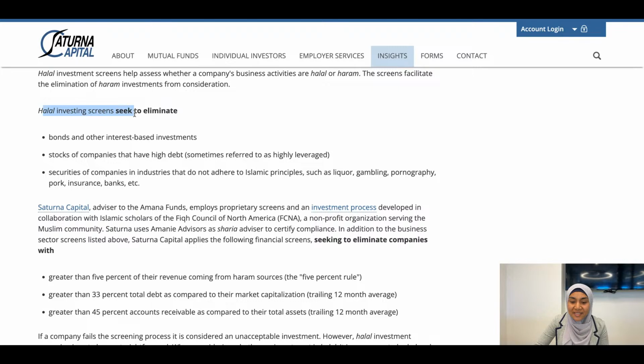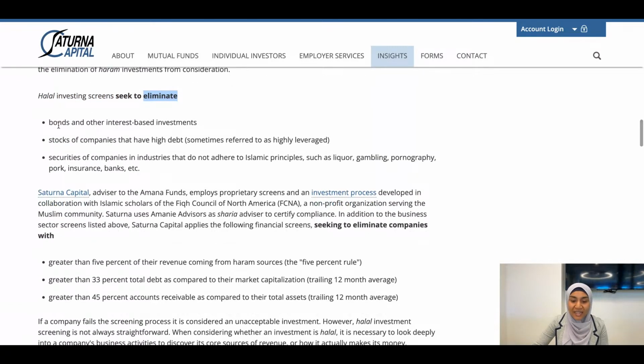Halal investing seeks to eliminate certain investments, and they include bonds. I mentioned earlier that bonds are a type of investment, but they're basically very interest-based. It's almost like a deposit. You put money into your bank and it just earns you interest. So it's less risky, but it involves interest. So that's one thing that halal investing eliminates. Second is